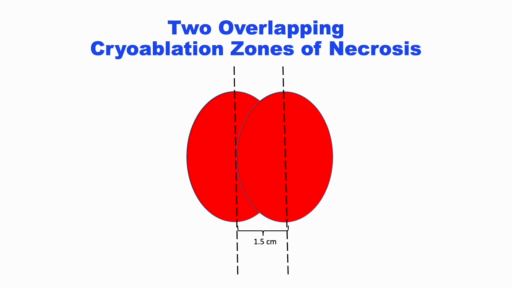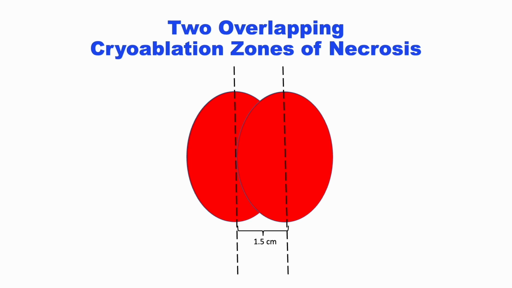Although multiple treatments are possible, one disadvantage of multiple treatments is that it takes longer. Each cryoablation takes about 30 minutes. So if you do 2 overlapping cryoablations, that's a 60-minute treatment at least. And if you do more ablations, then it's that number times 30 plus additional time it may take to prepare